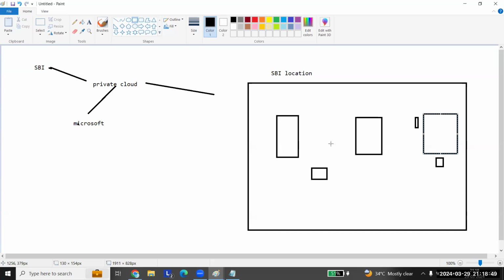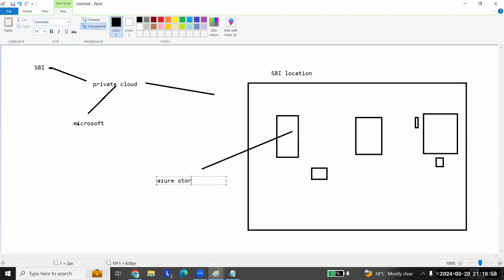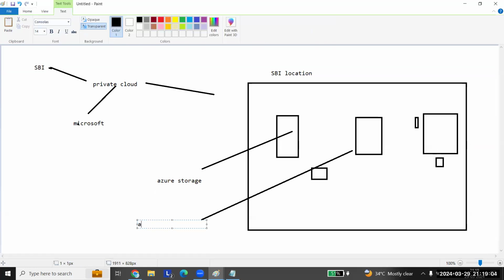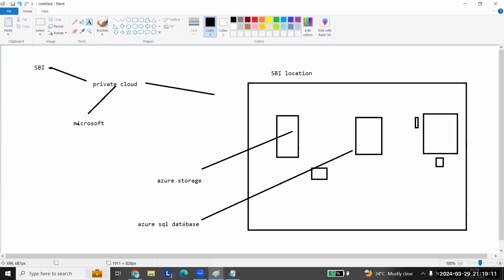Now you want to create the storage account here. For example, you are creating an Azure storage, and you want to create a SQL database. When you're creating this storage and SQL database, they need some infrastructure, right?